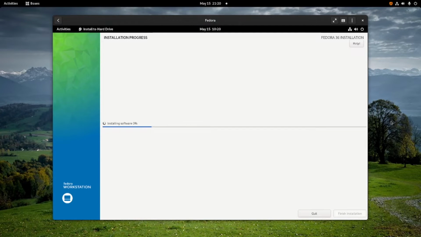Actually, right now I'm running the Fedora 35 workstation as my host operating system, and in this video maybe I will switch often from the VM to my host operating system to compare the differences between Fedora 36 and Fedora 35.